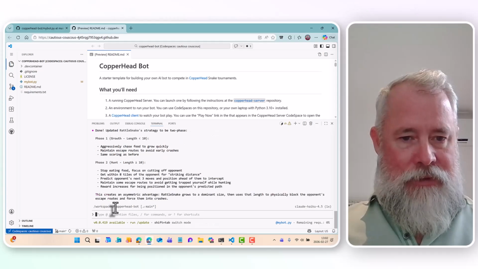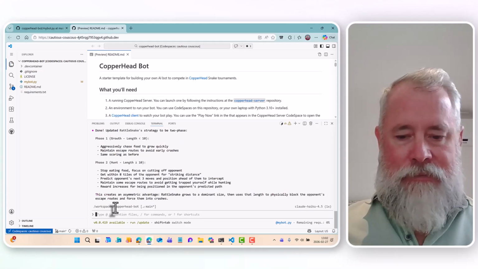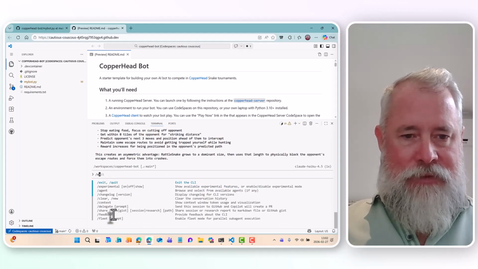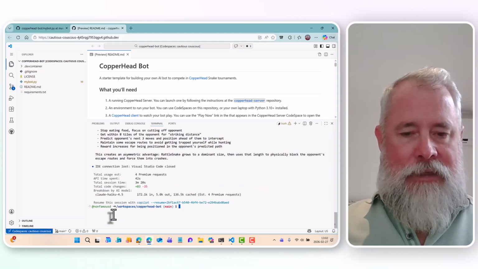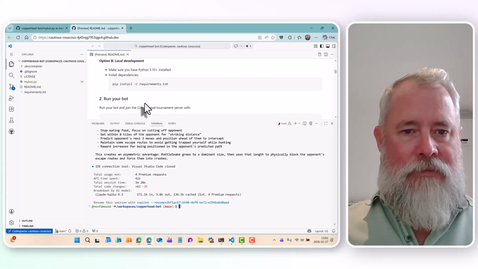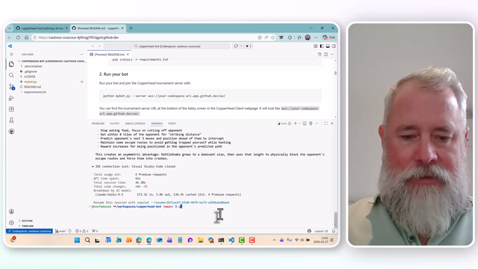All right. And so now it has modified my bot. So we're done with Copilot for now. I can go ahead and exit out of here. All right. And now let's run our bot. The instructions for running the bot are given right here in the README. All I need is Python